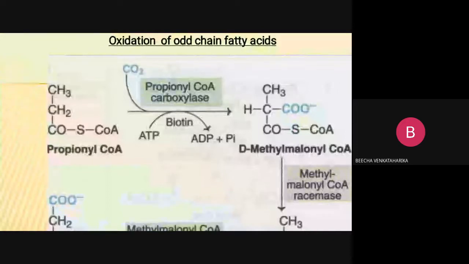Propanyl CoA has 3 carbons: first, second, third. If it is an even chain, only 2 carbons are left, and that is also removed in the form of acetyl CoA. But here there are 3 carbons, so that's why propanyl CoA is the end product. Now this propanyl CoA